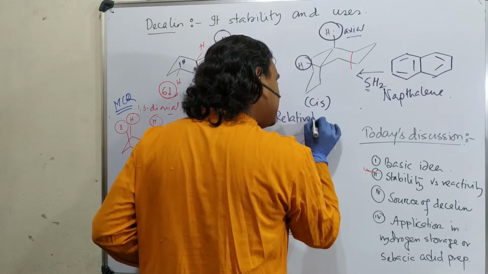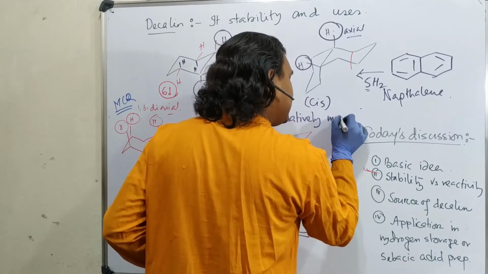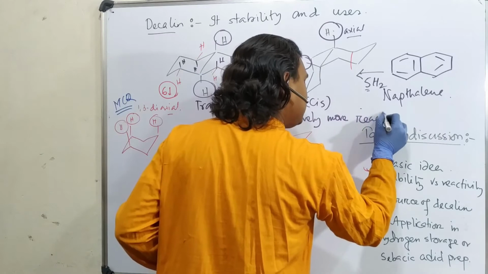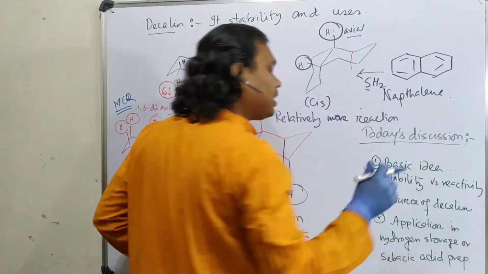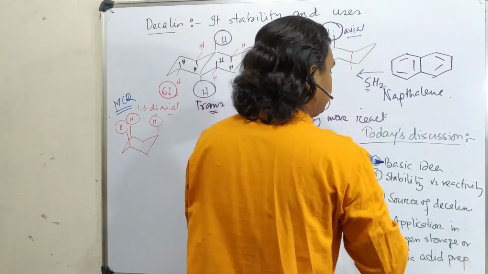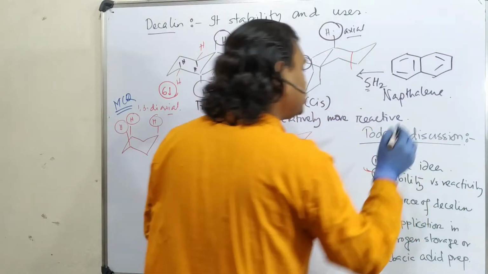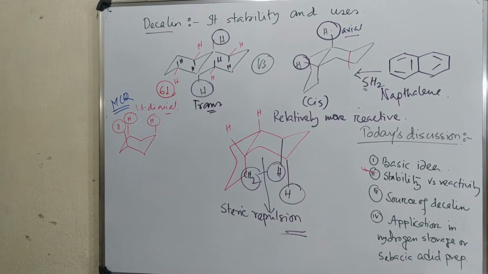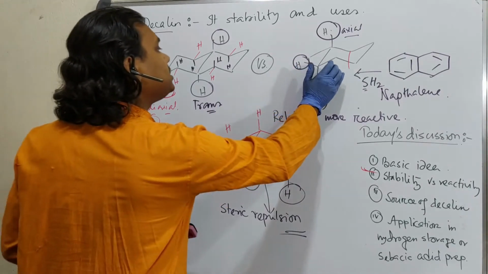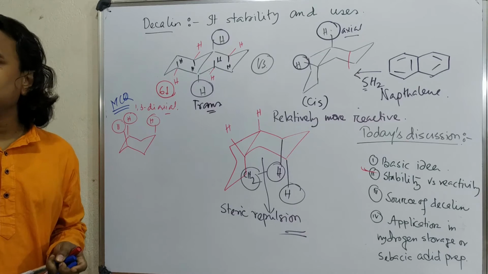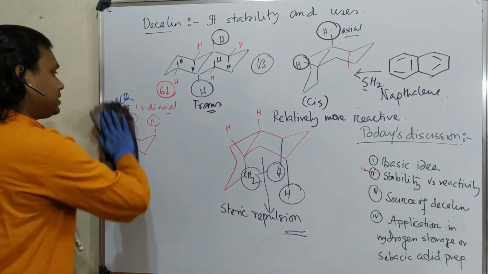By the way, students, many times we say that this is more reactive, this is less reactive, but we don't consider how much more reactive or less reactive. This is actually a relative thing. So that's why you should always mention whether they are relatively more stable or less stable. Okay, now we understood which one is more reactive, and how we can explain this phenomenon in a different way also. Please try to understand how.